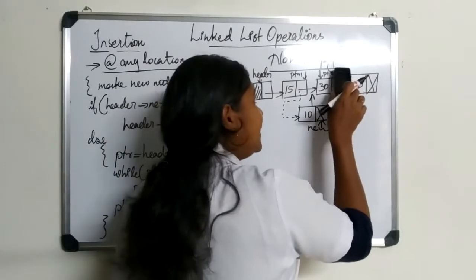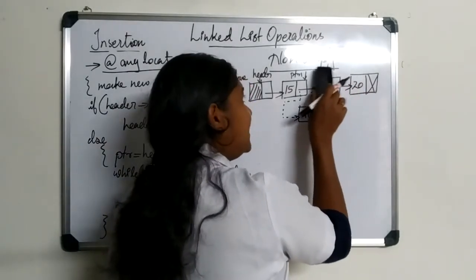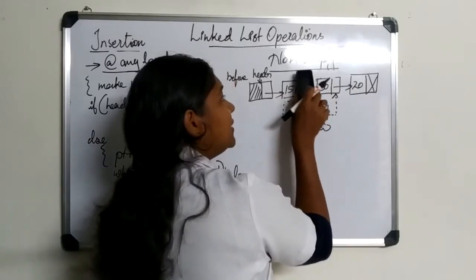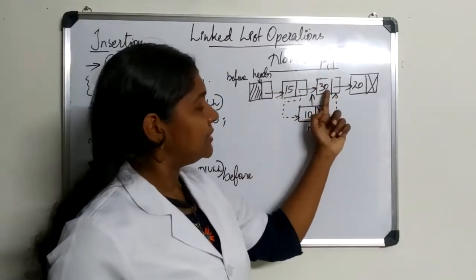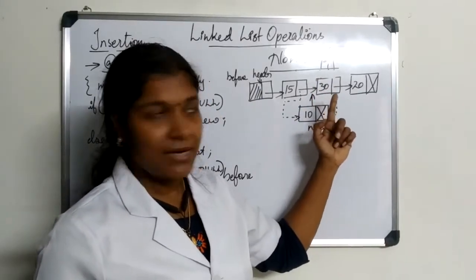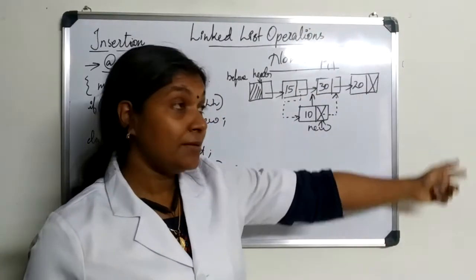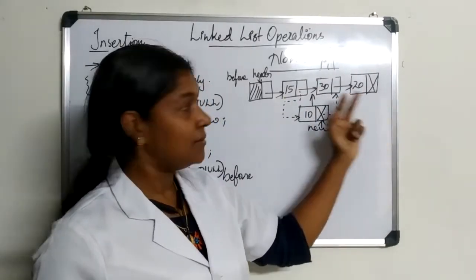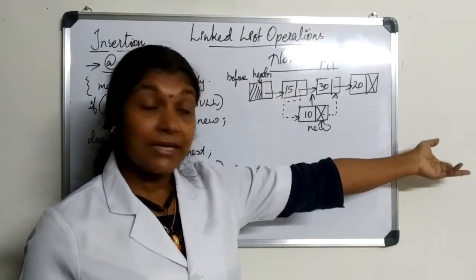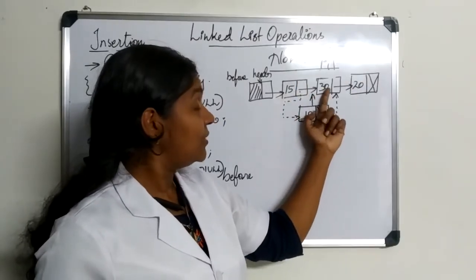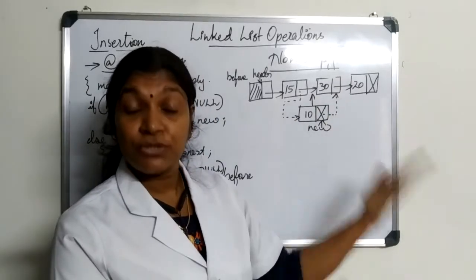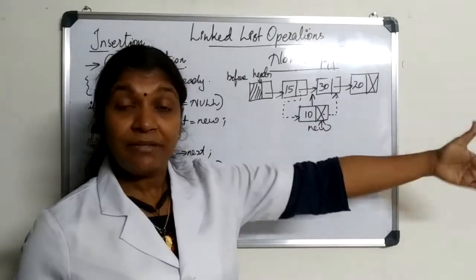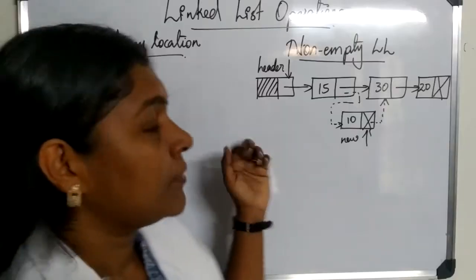If some pointer reference is there, then we can provide that name. So how can we provide that name to a particular node? First we need to traverse and reach this node. This can be some 25th node. Right now we have taken only 3 nodes into consideration, but it can be a very big singly linked list in which the node containing element 30 can be at the 25th position, far away from our header node.